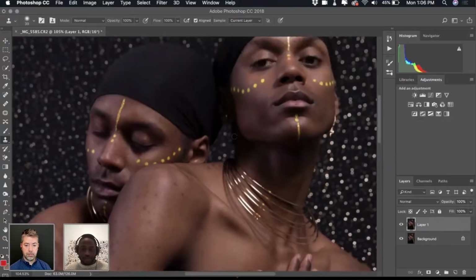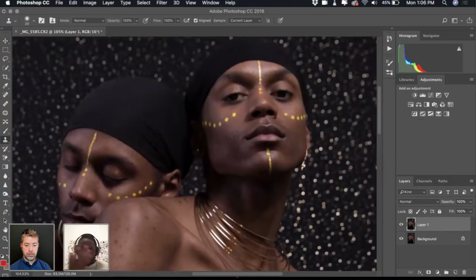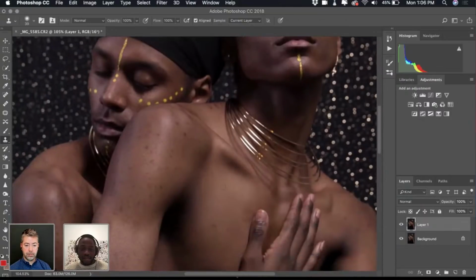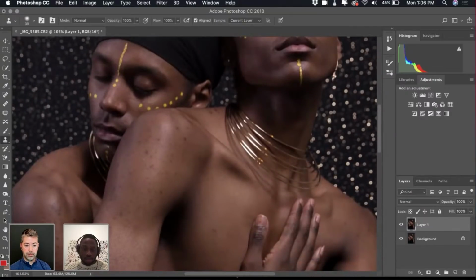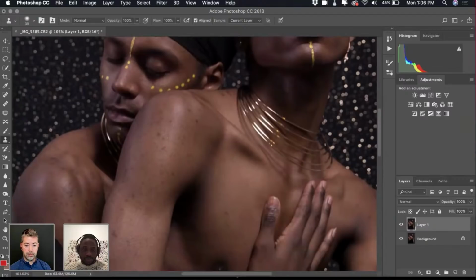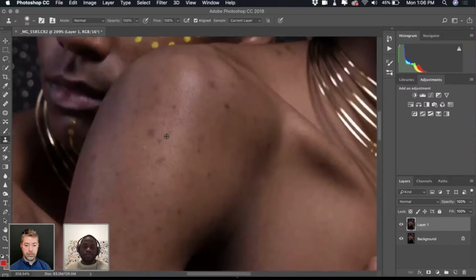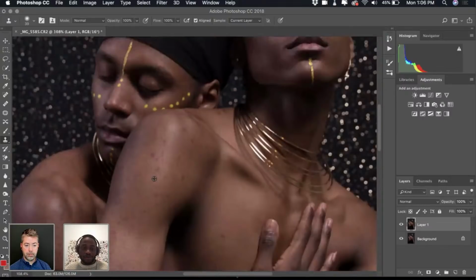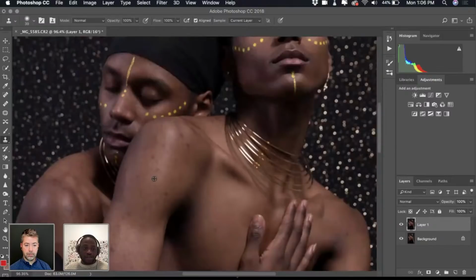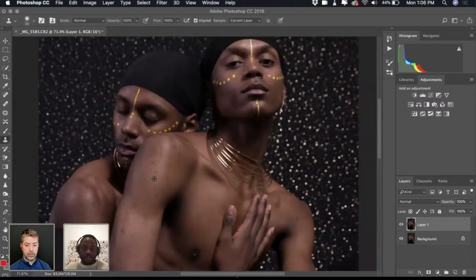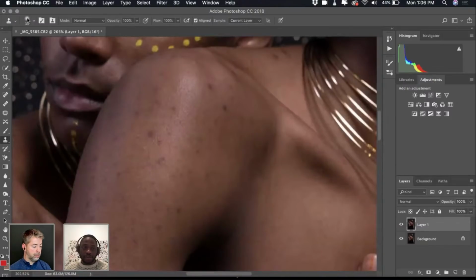Frequency separation is a way to edit the skin without destroying the image, I'd say. Before that, though, I try to go in first with a clone stamp quickly, just to take out some of the bigger